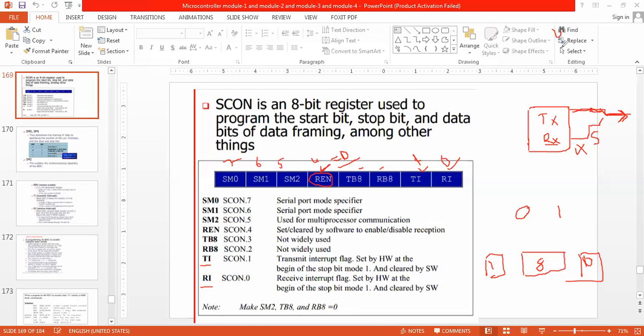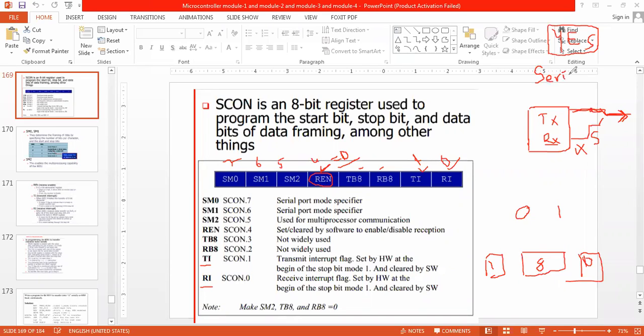As I said, YES is my message to be transmitted, and I cannot send the complete data at a single time, because our mode of communication here is serial communication.